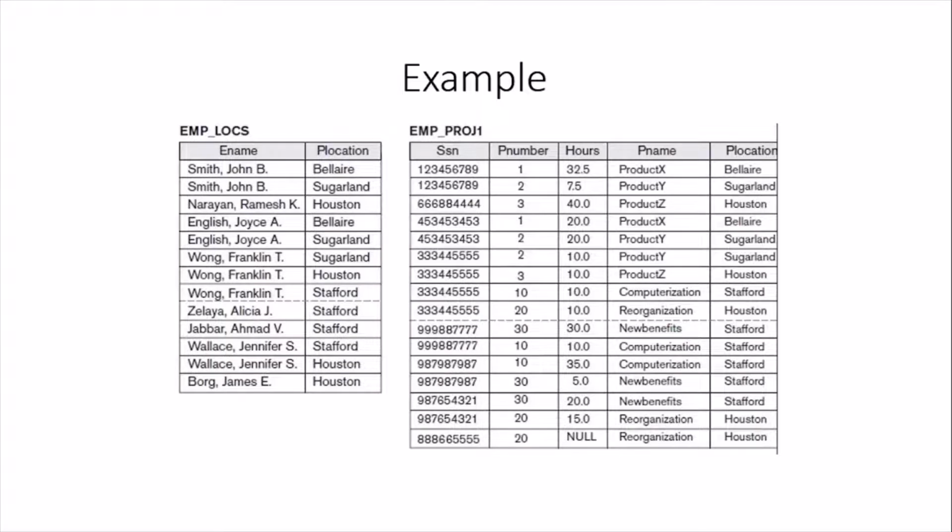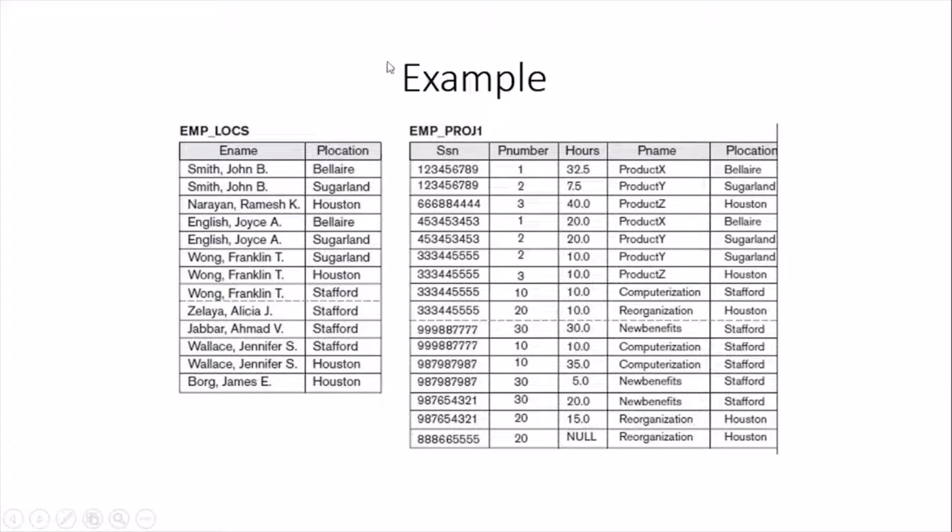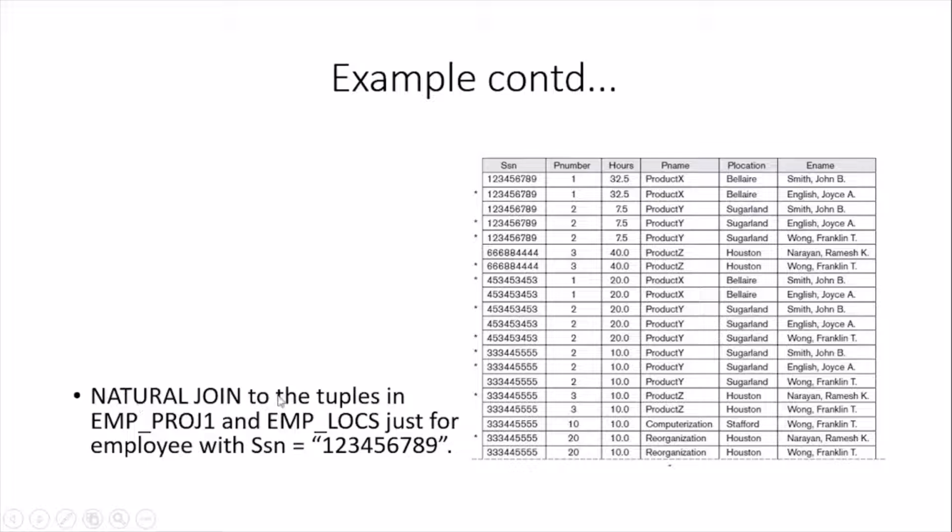We'll first see the result of spurious tuples. This example we have already seen, that is employee locations and employee underscore project one. Here you have E name and P location, and employee underscore project one has SSN, after decomposition, and P number, P name and P location. So when you perform a natural join on these two relations, employee underscore project one and employee underscore locations,